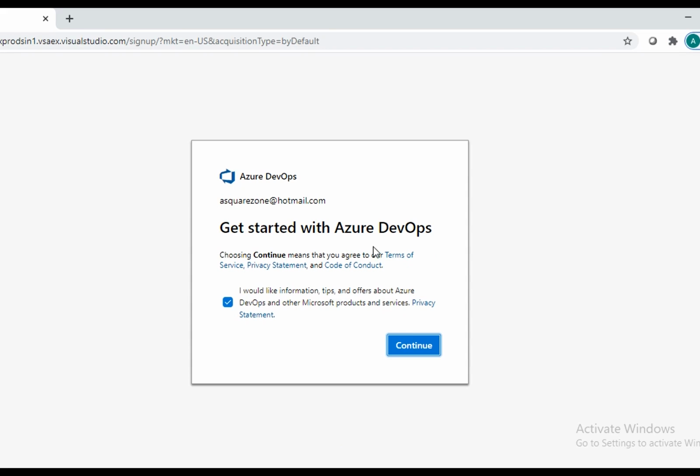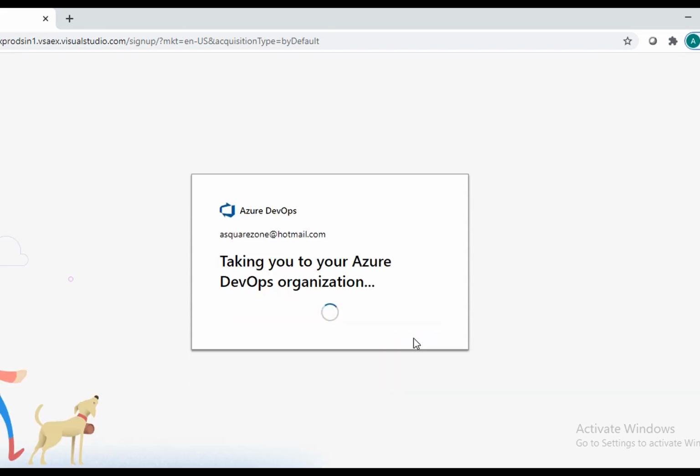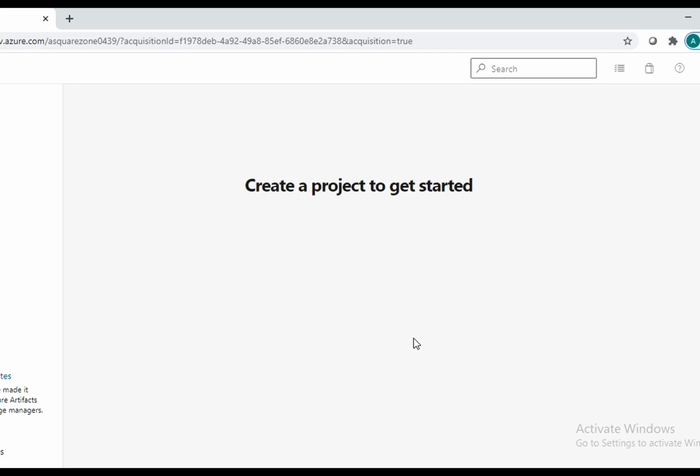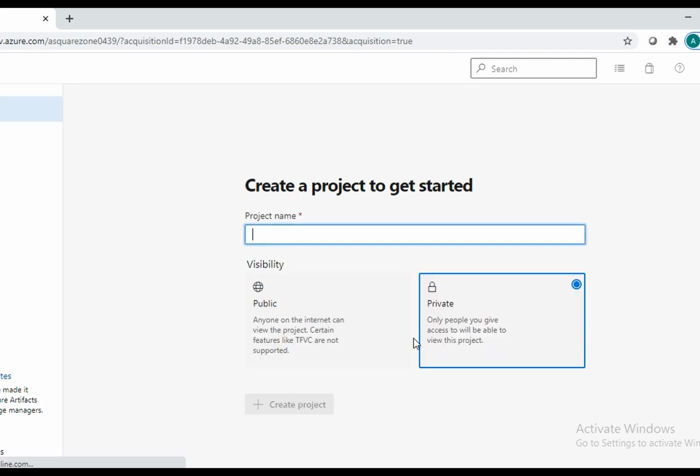Here, get started with Azure DevOps. I'm going to click on continue. It's taking you to the Azure DevOps organization. It gives the home page of ADO. This is my home page now.